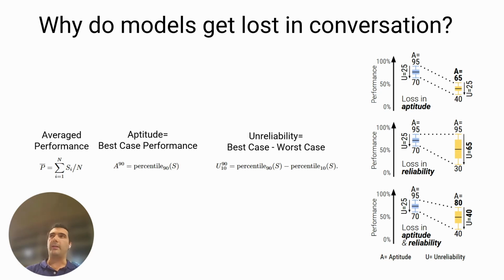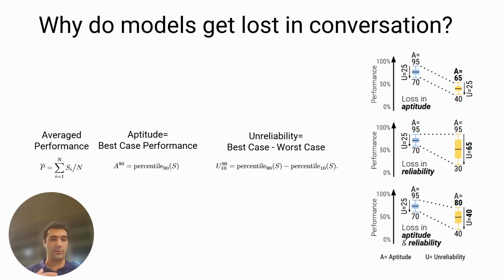So what that means is, if I've solved this task at least once, how often do I solve it at least 9 times? And what this is measuring is, if the model never solves the task, then that's okay, that's reliable in not solving the task. On the other hand, if the model can solve the task sometimes, it should be able to solve it reliably in order to have low unreliability.